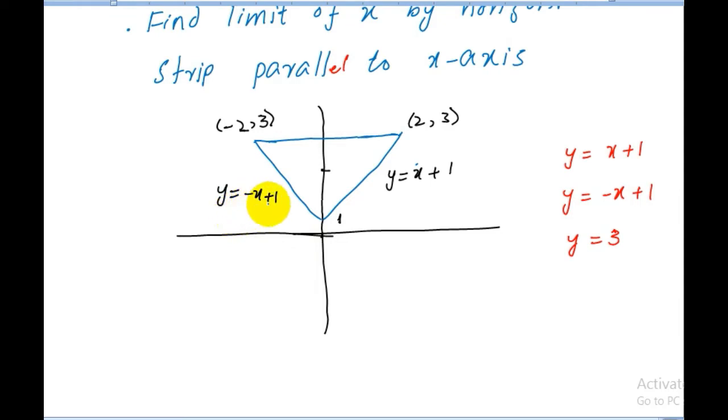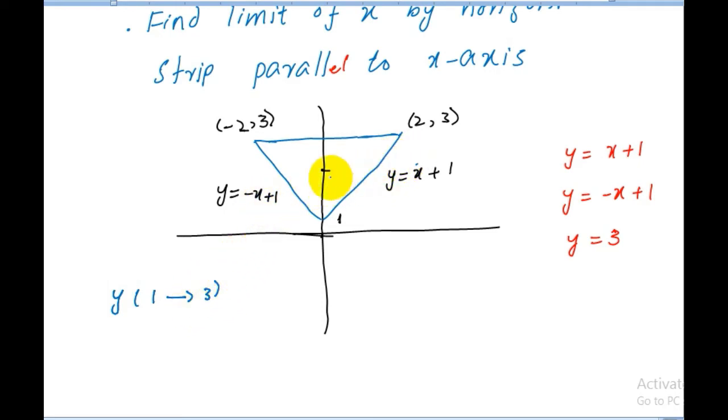The first way is to first find limit of y. As we know, over this region y varies from 1 to 3, so y varies from 1 to 3,